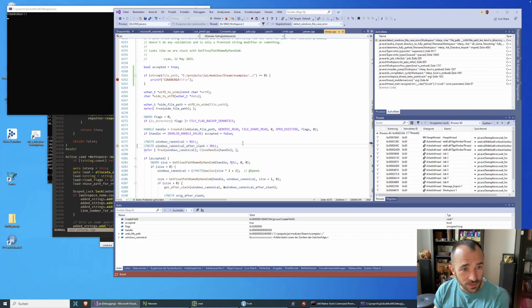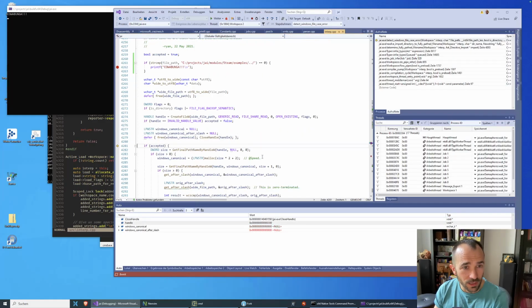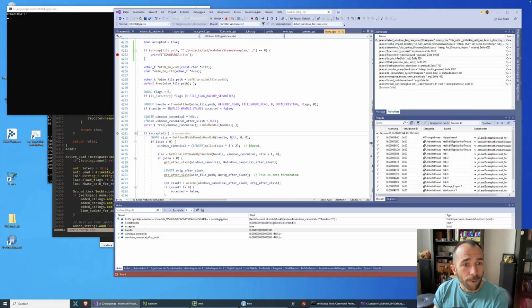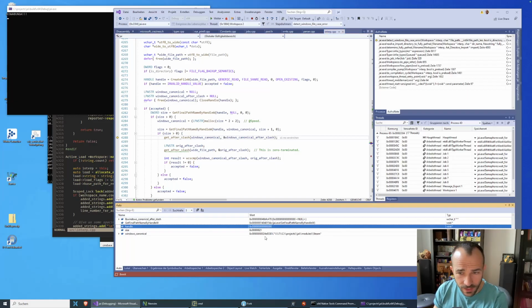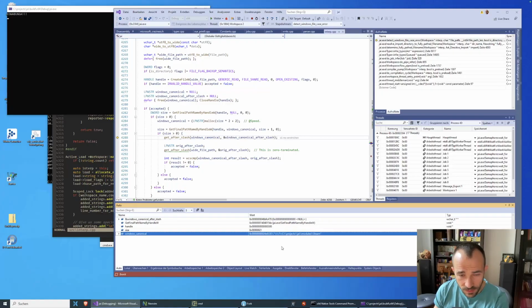So we're accepting this. We do the canonical blah. Okay, the Windows canonical is going to be a wide string, but okay, I can see wide strings here, even though it's a bit silly.